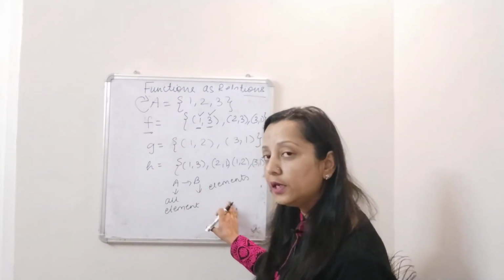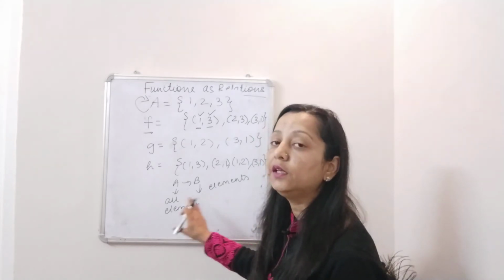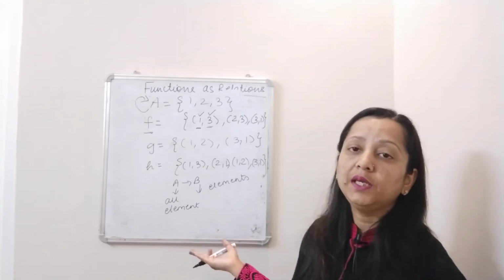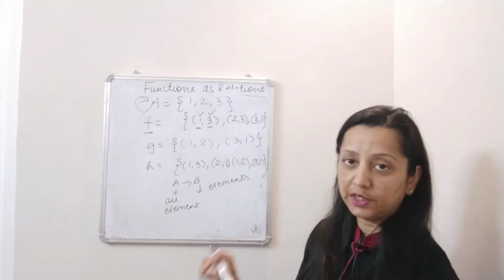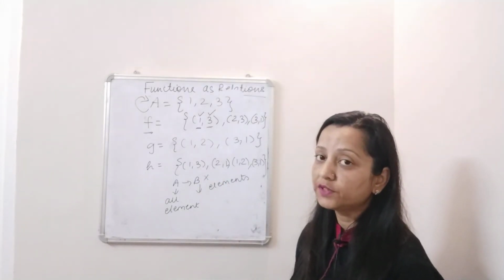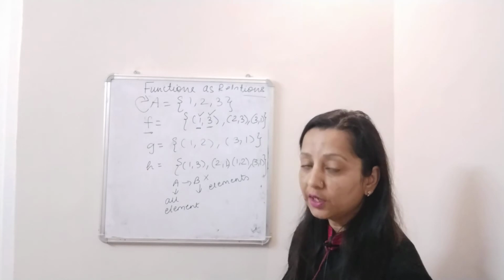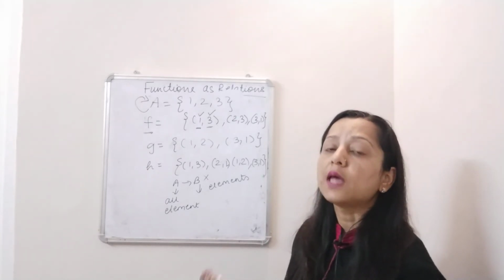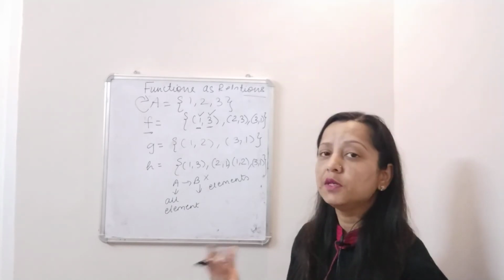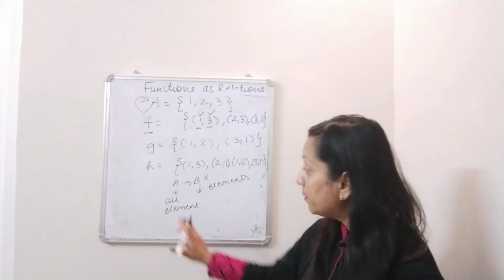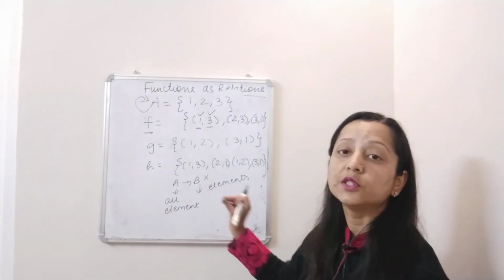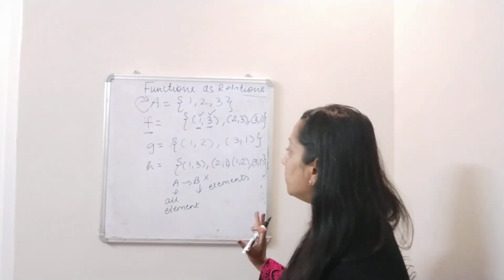In that case, all the elements of set B can be used for assigning values to the elements of set A, or some of the elements of set B can be used to assign values to the elements of set A. So there is no compulsion on set B. Either you can use all the elements of set B to be assigned as values to the elements of set A, or you can use just some elements of set B and miss out the remaining elements of set B. But in case of set A, all the elements of set A have to be assigned some values from the elements of set B. So this thing you should keep in mind.